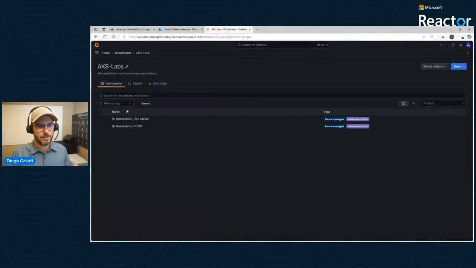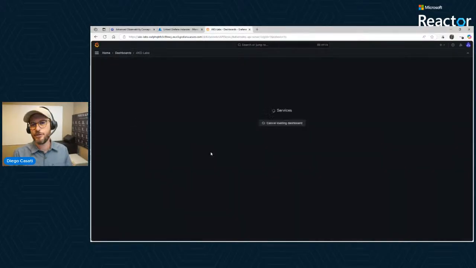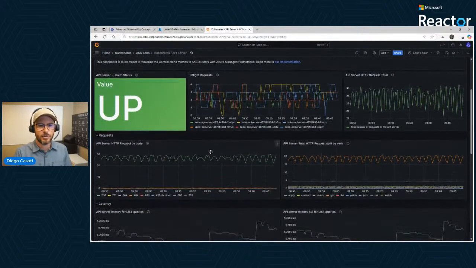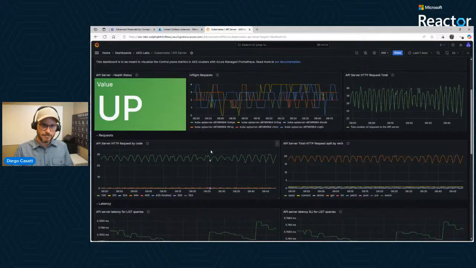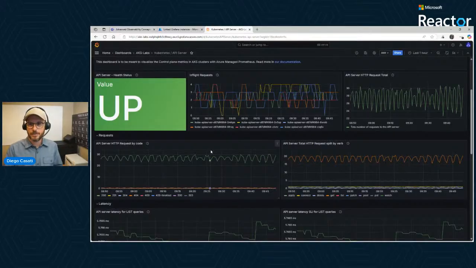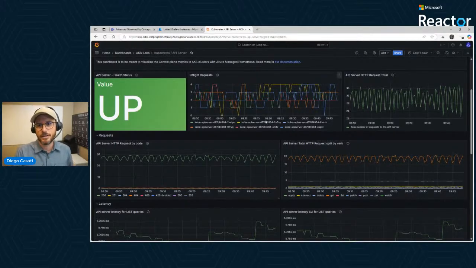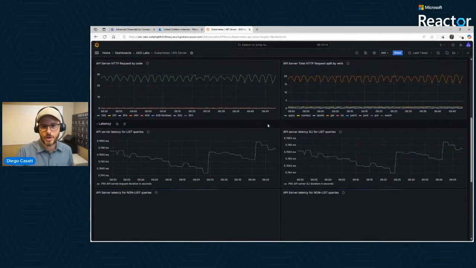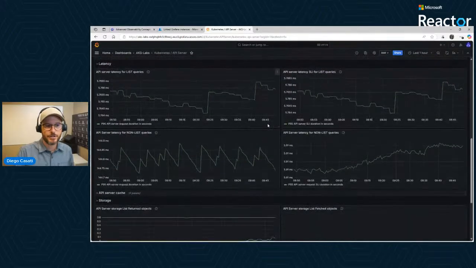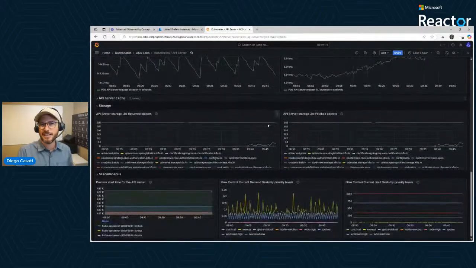You can also look at the API. If you suspect there is something in the API, or maybe you are looking at a specific parameter in the Kubernetes API server, and maybe you're going to scale out of that, or you need an alert, well, this will get that covered. You can see there's some quite interesting telemetry that we get out of this dashboard, and I didn't do anything here.